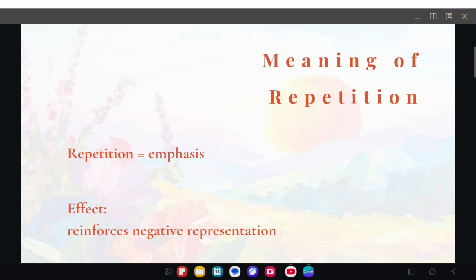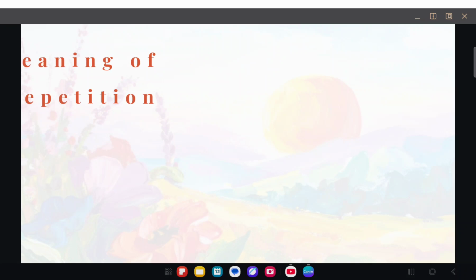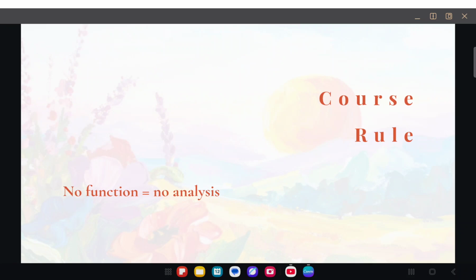Repeating the word illegal strengthens the negative image associated with the vendors. So we come to the course rule again. This leads to another important rule in this course. If you only identify the feature without explaining its function or meaning, then the answer is still incomplete. Identification alone is not analysis yet.